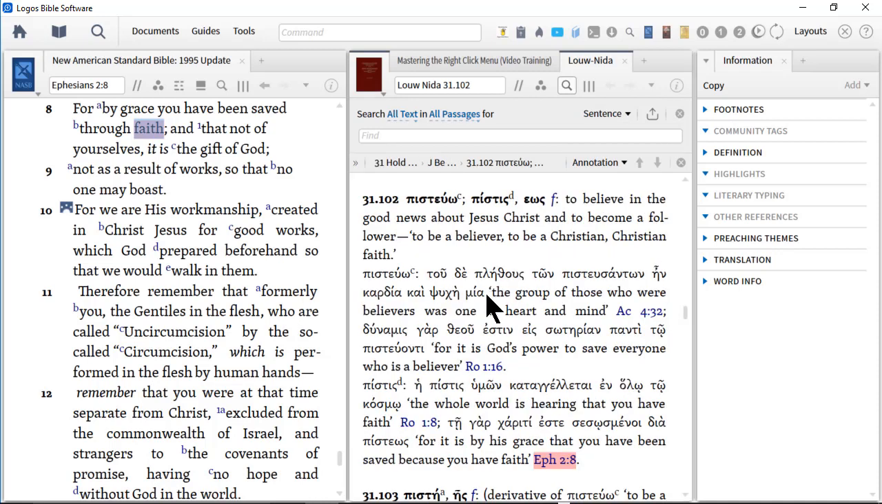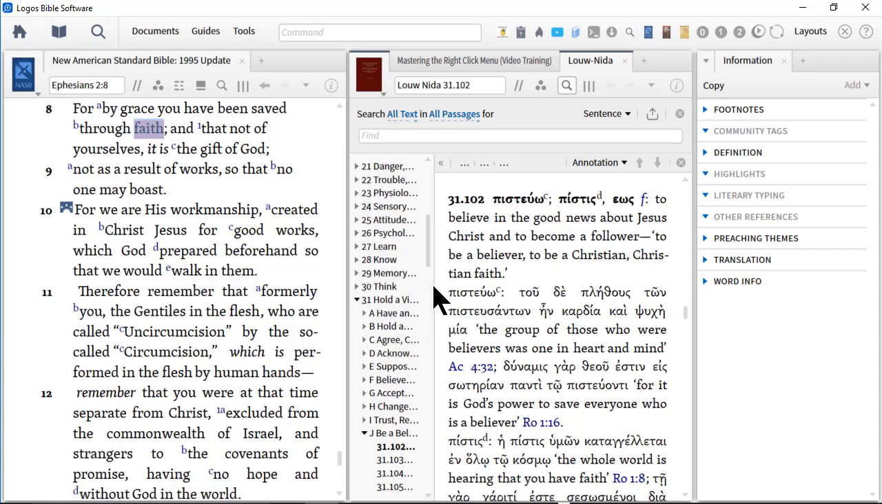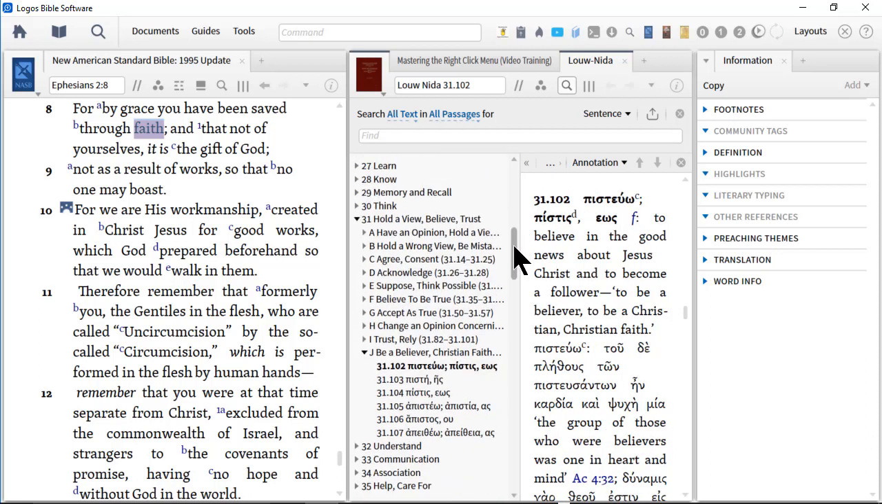When this resource opens up, I'm getting a number, which is its classification, 31.102, a definition, some of its forms, and some examples. Now, if we click on the table of contents to expand it, we're going to learn something significant. Now, I'm going to go up to category 31 and show you what I mean by classification. This word pistis for faith falls into the category 31, which is hold a view, believe, or trust. We happen to be in 102, which puts us in the category of J,